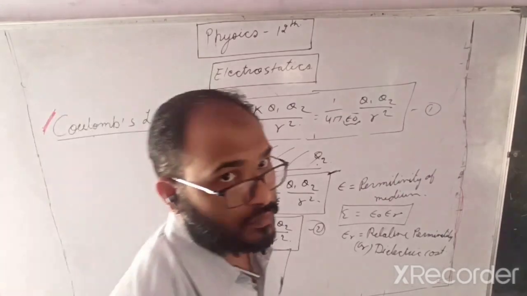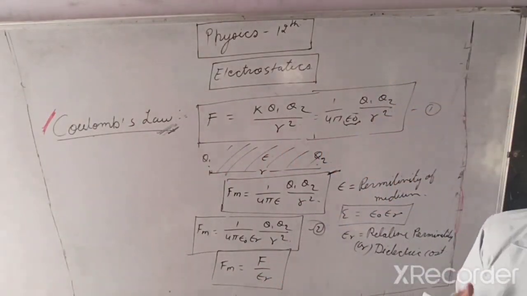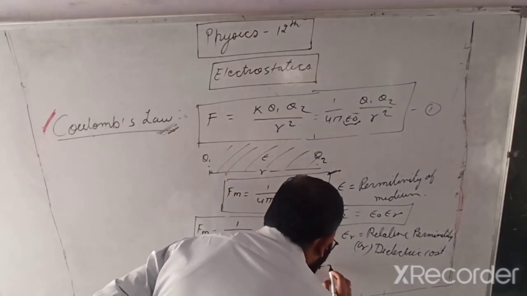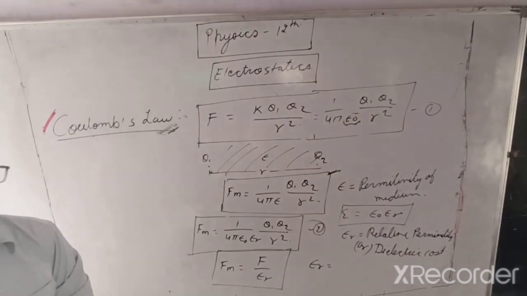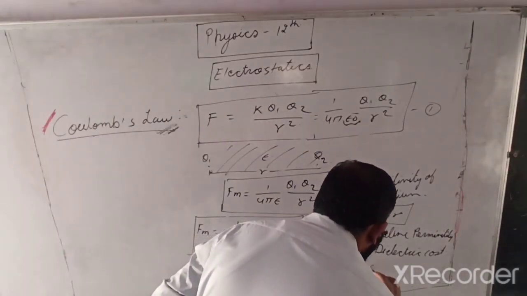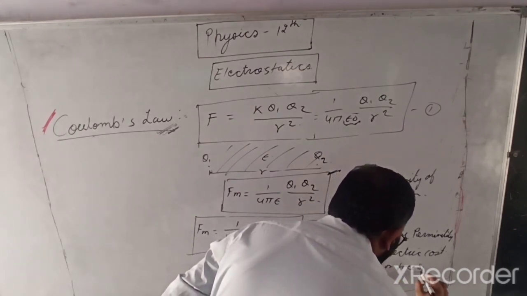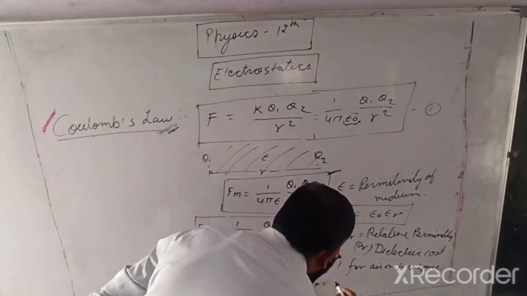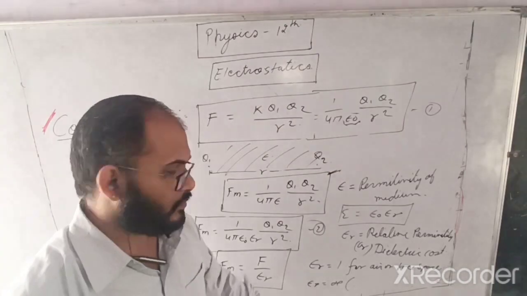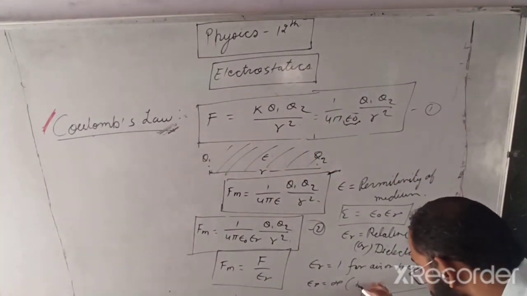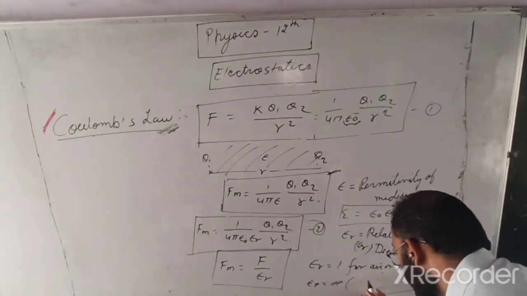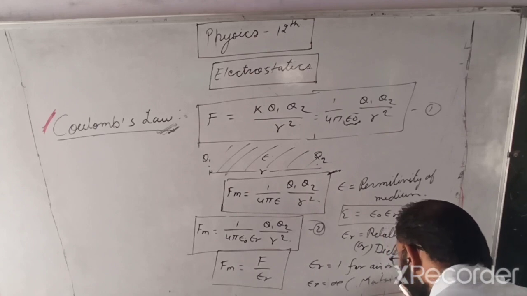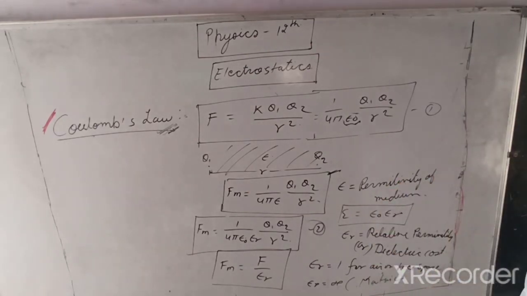Then by putting the medium, the force between the charges is effectively decreased, because epsilon r has its minimum value, 1, for air or free space. Is that clear? And it is infinite for a metallic system. Is that clear? Please post in the screen and let me know, all of you.